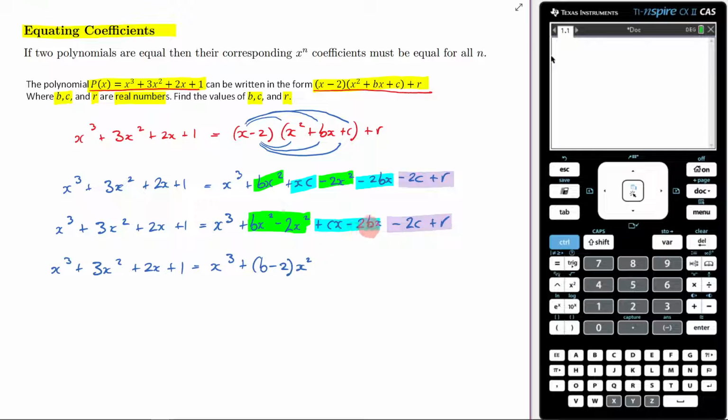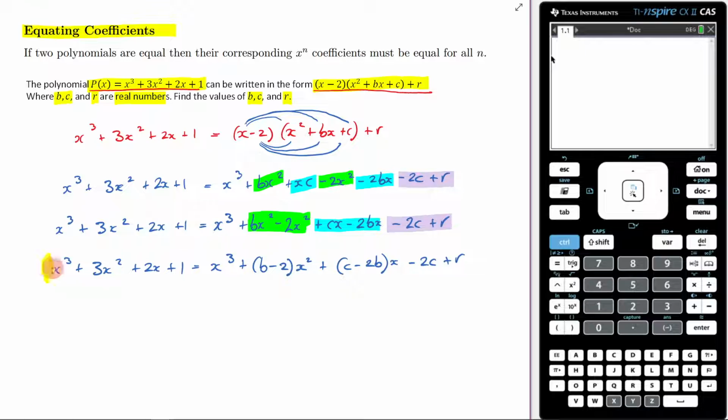I can take out that common factor of x, and what I'm going to be left with is plus c minus 2b, then an x out here. And then I've got negative 2c plus r. Okay, now this is the important part. What I can now do is the following. I can say, well, do you see how